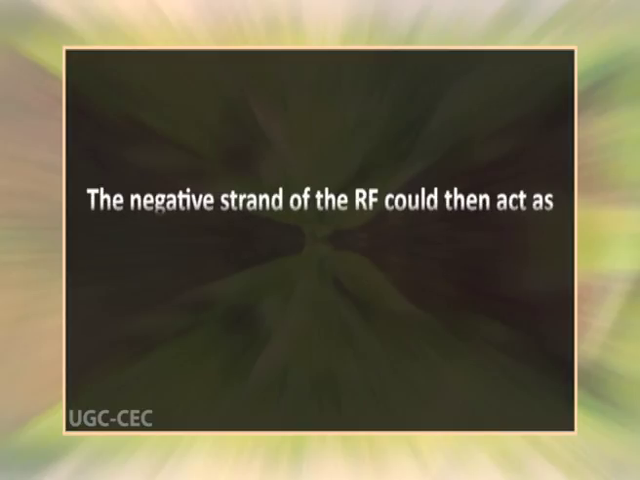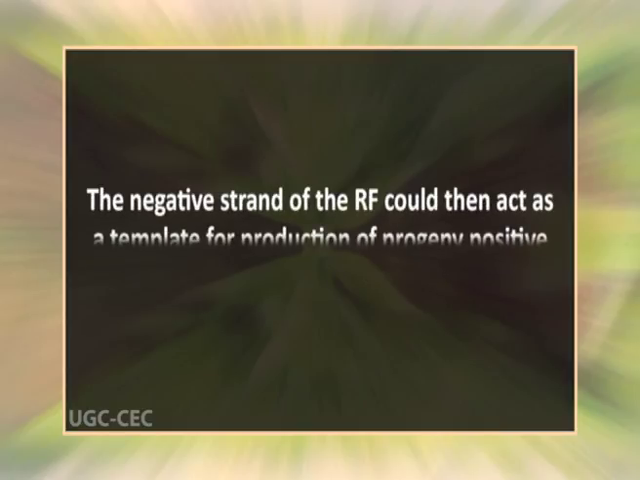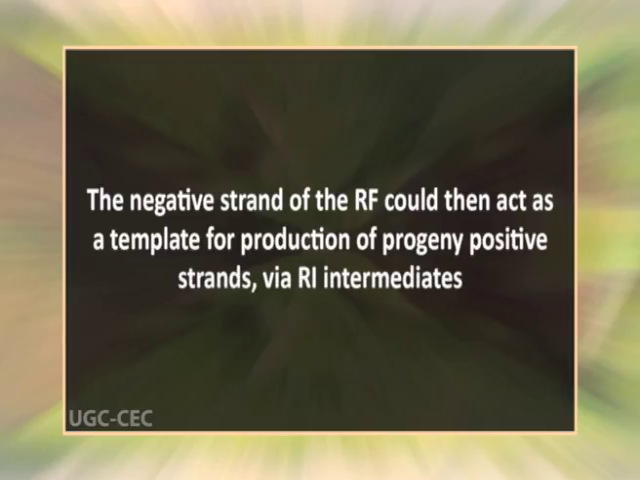An RF molecule could arise by initial synthesis of a negative strand on a positive strand template. The negative strand of the RF could then act as the template for production of progeny positive strands via RI intermediates. If only one initiation event per negative strand template took place, an RI structure would have only one single